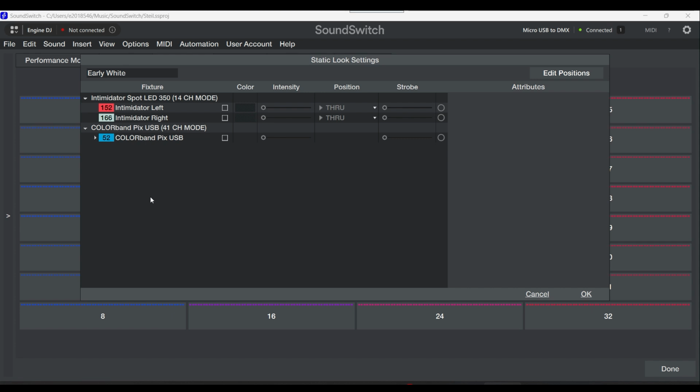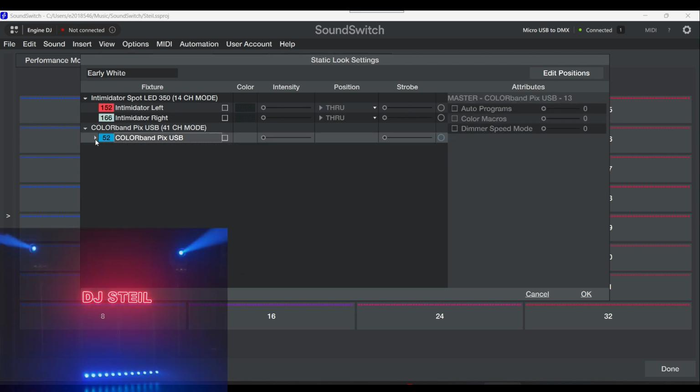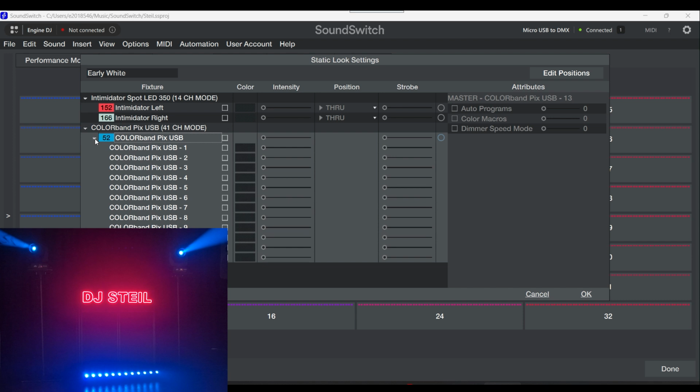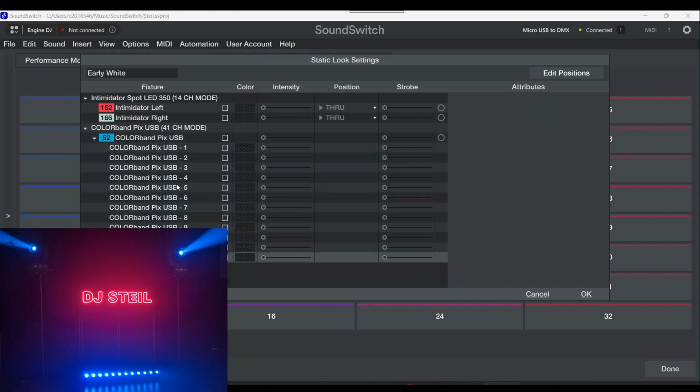Now below that are settings a bit like what we had when we customized the attribute cues. These allow us to set what the lights are going to be doing when this static look is active. Now I'll select my color band, and on the side are things like color macros and auto programs. I don't want any of them happening while I've got my static look on, so I'll leave all of those turned off. But I'll expand this color band to show the individual lights, and I'll make sure that all of